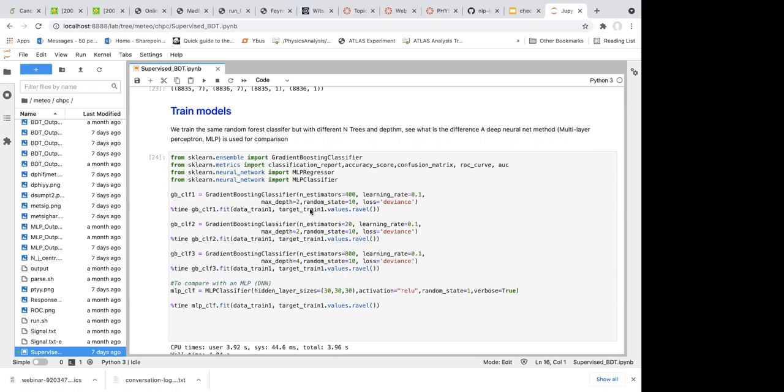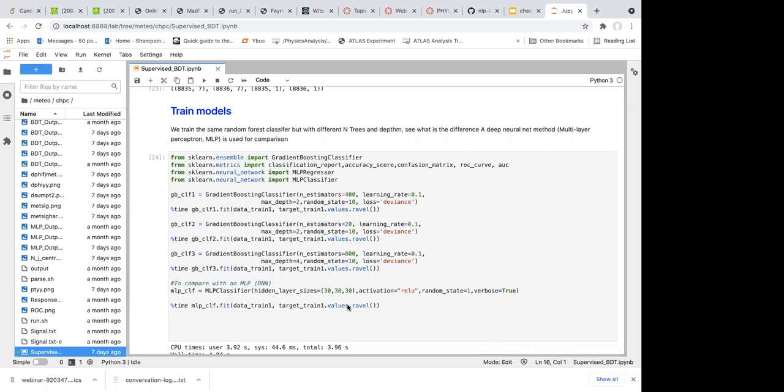For the random forest, what we care about is the depth when you build the trees and split the branches, the number of trees in the forest, and the other setup. Here we just try different setups: 400 trees with 2 layers of depth, 20 trees with 2 layers of depth, and 800 trees with 4 layers of depth. So we introduce three different sets of hyperparameters, so that later you can see how the performance differs.